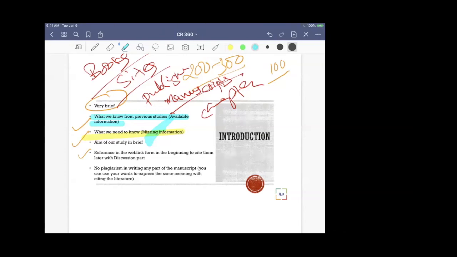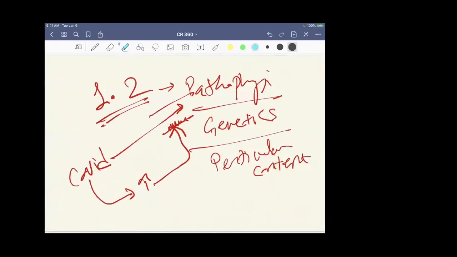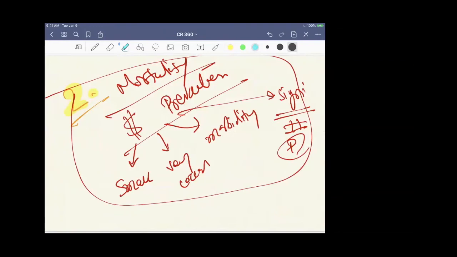But paragraph number 2 will always focus on the information that is missing. And the paragraph number 3. So now, most of the time, what happens is